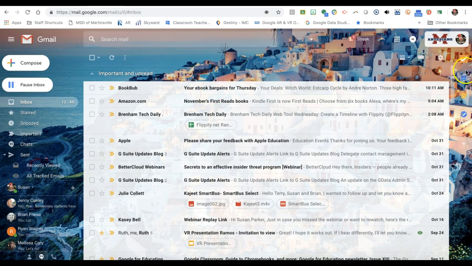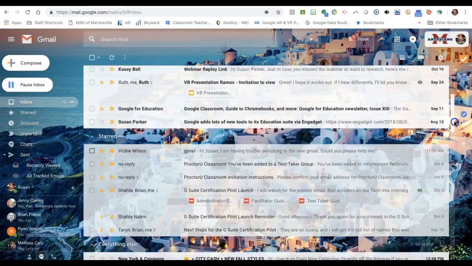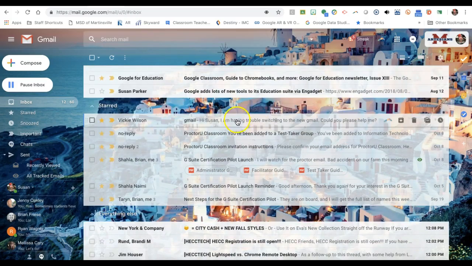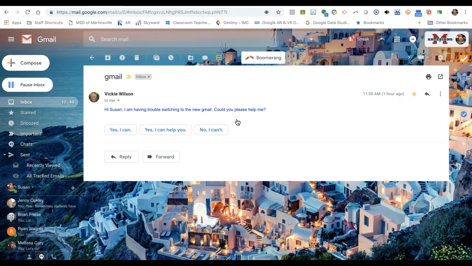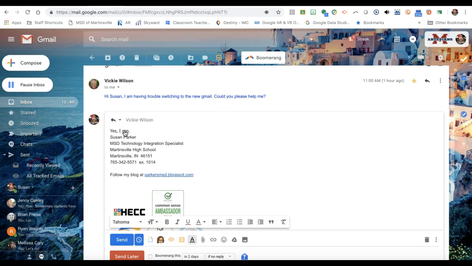I'm going to scroll down to a message that I received from Vicki and click on that. She said, "Hey, I'm having trouble switching to the new Gmail. Can you help me?" And so I have something called the Smart Reply. That Smart Reply allows me to say, "Yes, I can help you." So I don't have to do any typing other than to click on that. If you are very busy and don't have a lot of time for responses sometimes, you can click on that. I also can start typing, what time would be